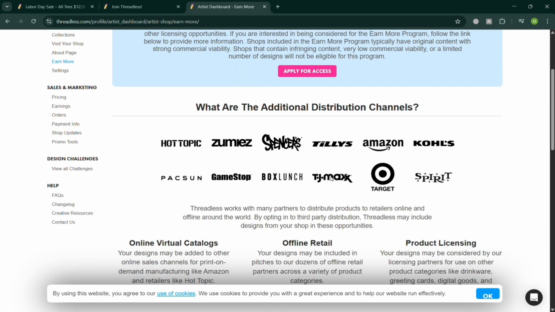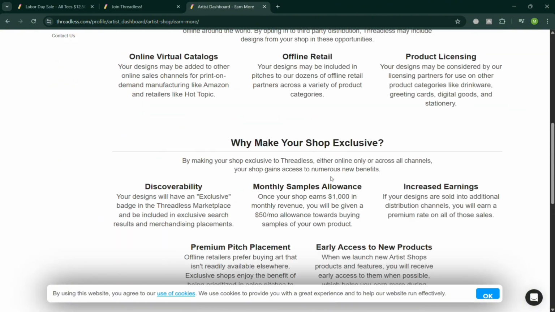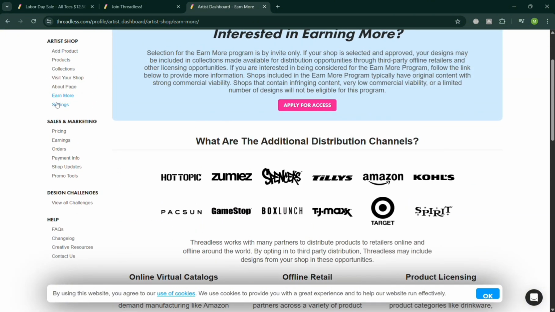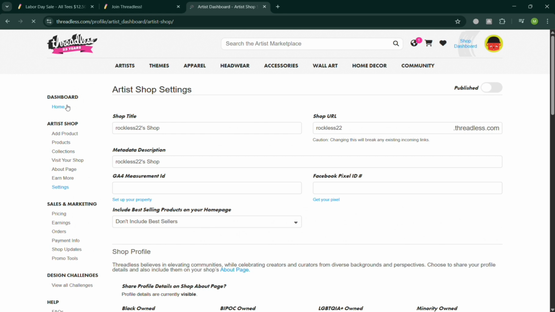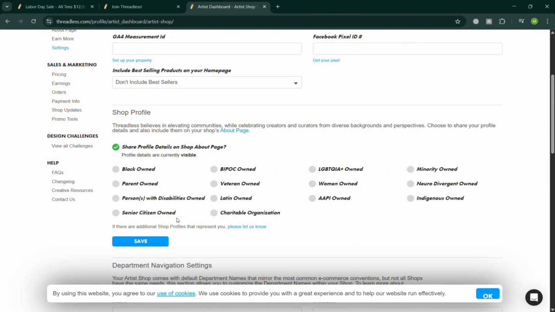And that might also include inviting a friend or referral in here, where it will show you your referral link that you can simply send to your friends directly. Moving on, under artist shop settings, you can also fill out the shop title of a specific art in here